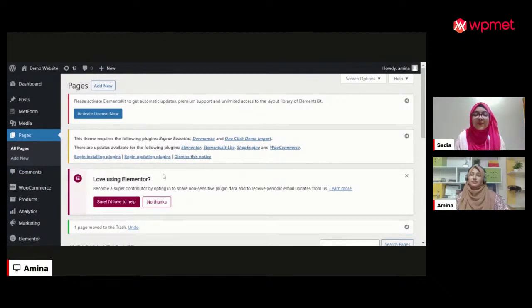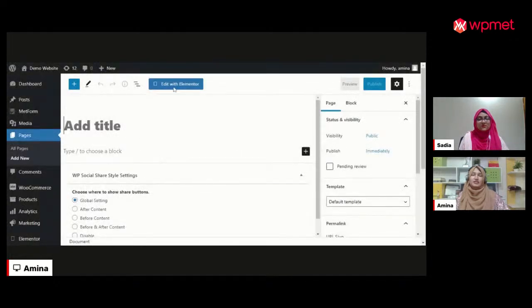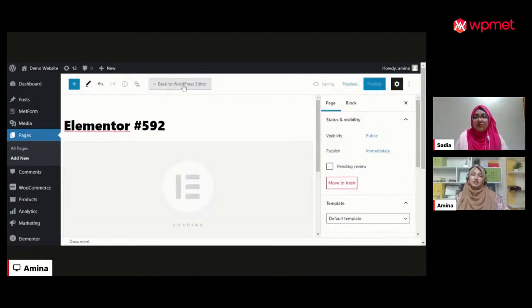Okay, first of all, you need to visit your admin dashboard. Then you need to create a new page. For creating a new page, you need to click this add new option. Then you need to click this edit with Elementor button. It will directly lead you to your Elementor dashboard, from where you need to search for Metform.